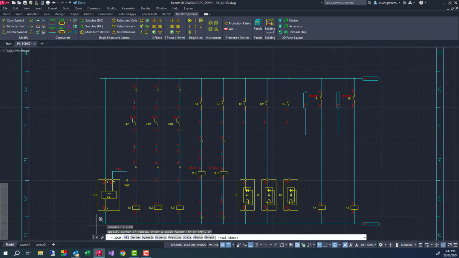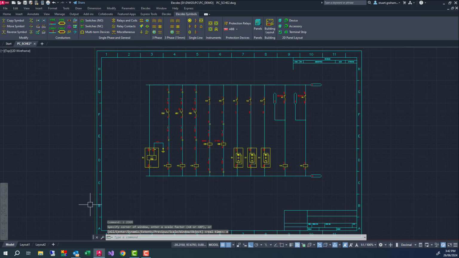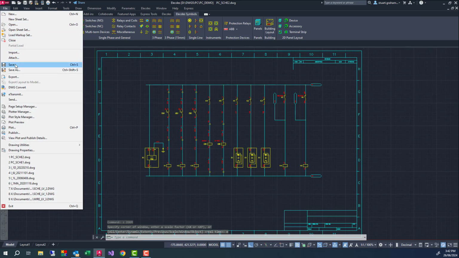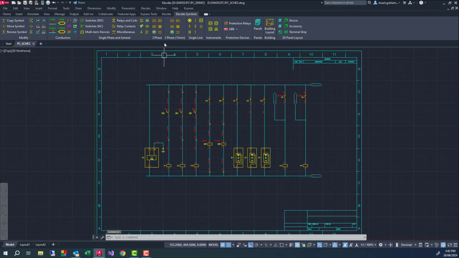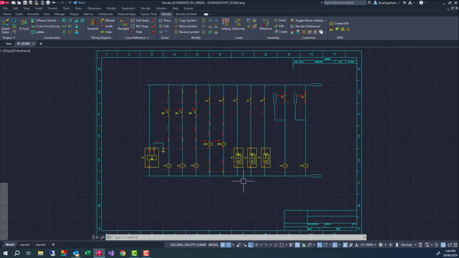Now that the DC circuit for my first protection control relay is completed, I'll save it. Next, I'll use Save As to make a third circuit. For the third circuit, which will be a DC circuit for the second PNC relay, I'll make a slightly simpler version of the circuit used for the first PNC relay. I'll quickly remove a few rungs from the ladder to simplify it. And then I'll use the global editor to correct any duplications I may have created.